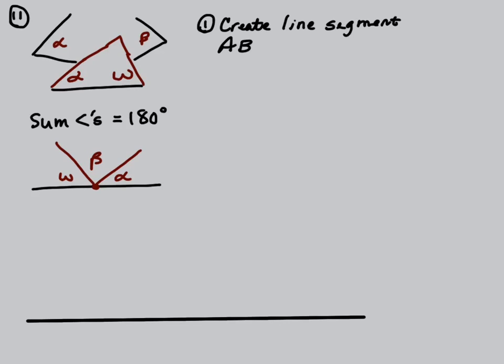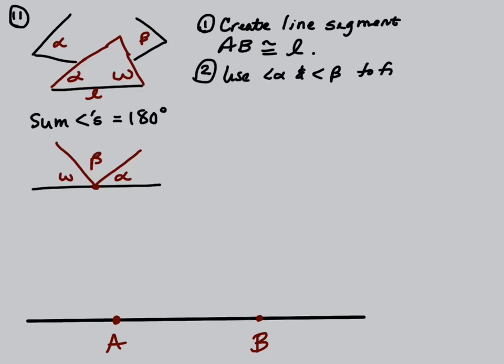So you've got an arbitrary line down here, and to create a line segment AB that is congruent to the line segment I was given, we'll call it L. So create line segment AB congruent to segment L. And then we are going to use angle alpha and angle beta to find angle omega by using